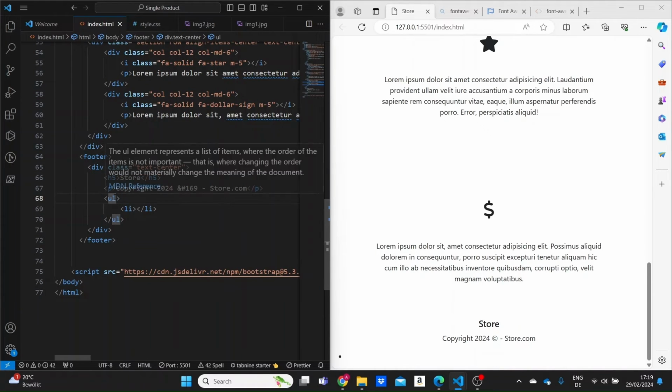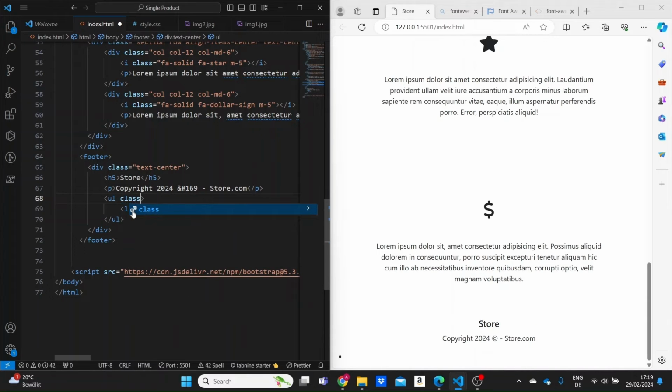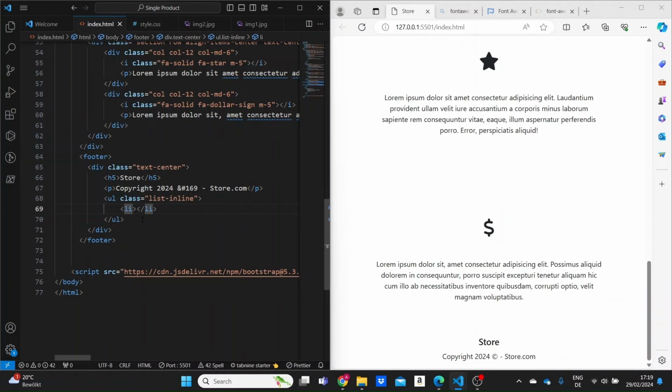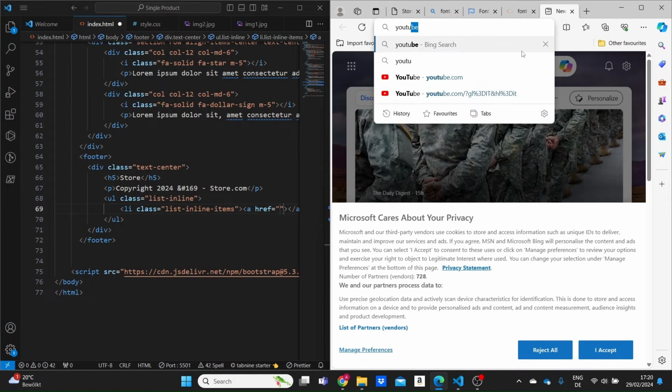To style our list with Bootstrap classes, I'm going to need to give a class to our UL element to be list-inline, so that the list elements are in one line horizontally, and then each of our list elements will take a class of list-inline-item. Inside each list element we'll take an anchor tag, which will link to our social network page, and this anchor will have an icon in between, which we'll again take from the Font Awesome website. So this anchor will need an href attribute, and let me just go to YouTube